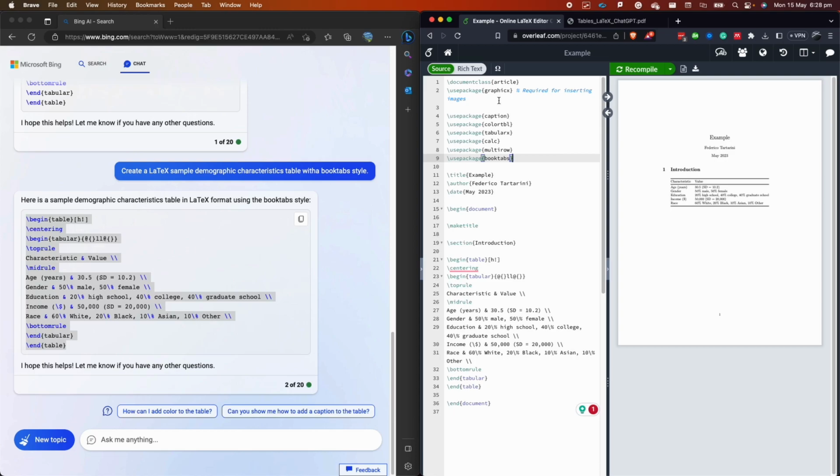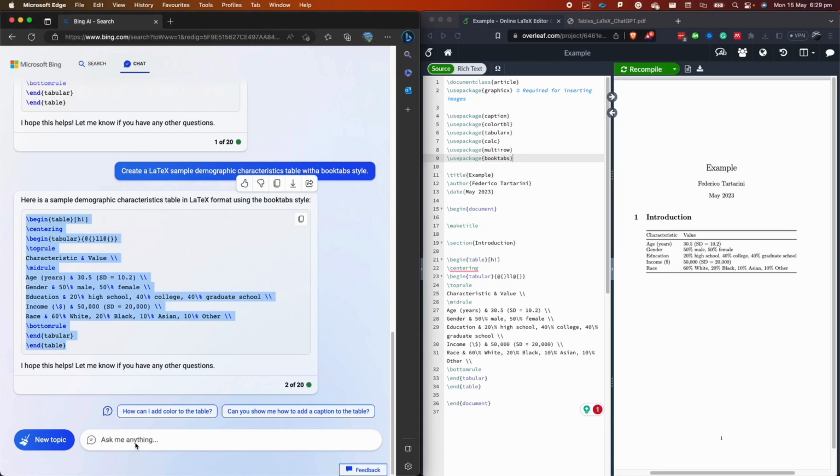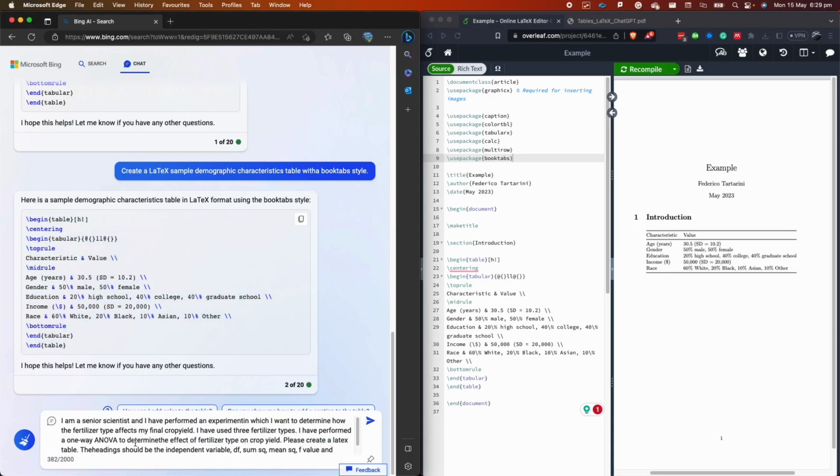And this has generated the table for us. One of the last few things that I want to show you, which are very nice, I think, is how you can describe your experiment to ChatGPT. For instance, if you did an experiment and you want to use ANOVA to analyze your data, you can tell ChatGPT, let me show you the prompt, and say, I'm a senior scientist and I've performed an experiment in